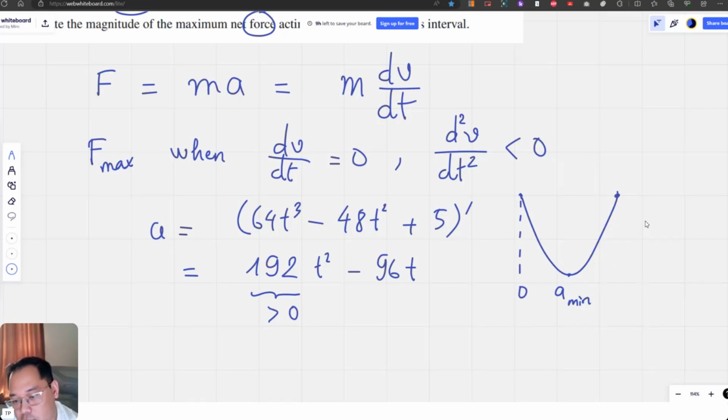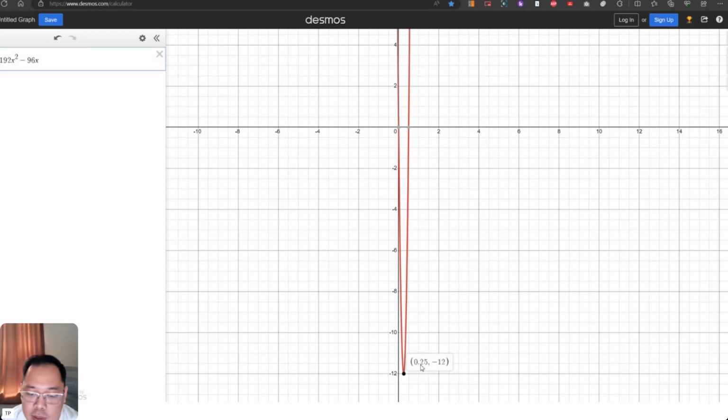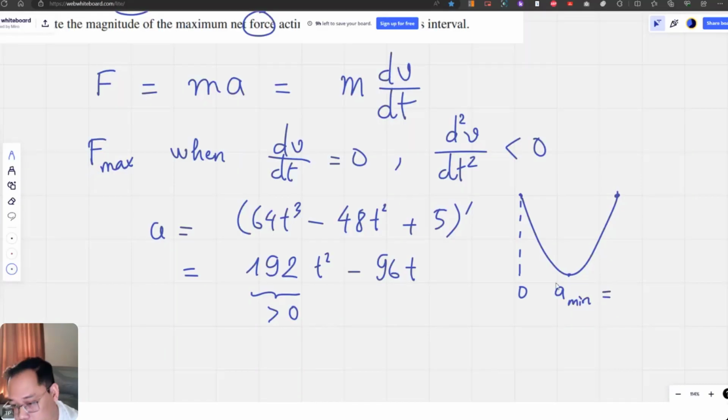This is time 0. And the minimum acceleration we can determine by replacing the time with 0.25 seconds. The minimum acceleration is 12 meters per second squared. But this is a negative acceleration, so we just need to take its magnitude. It results in the maximum